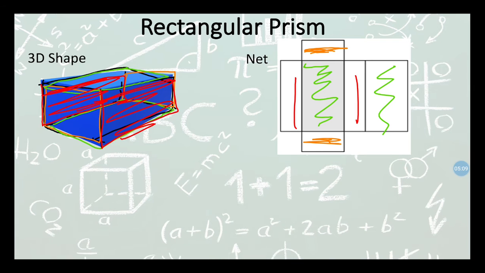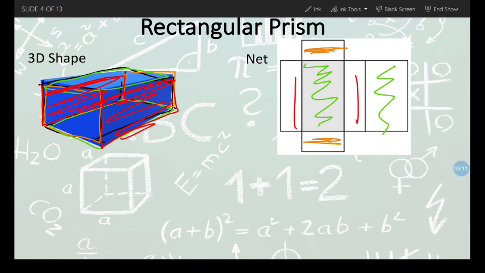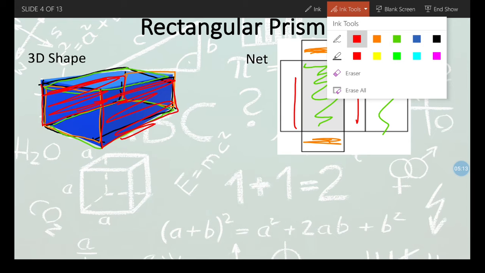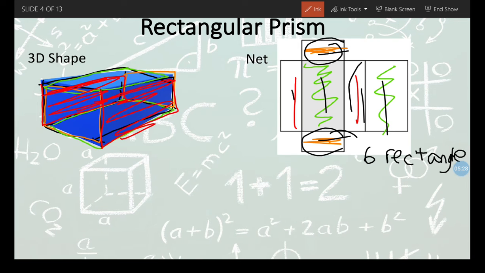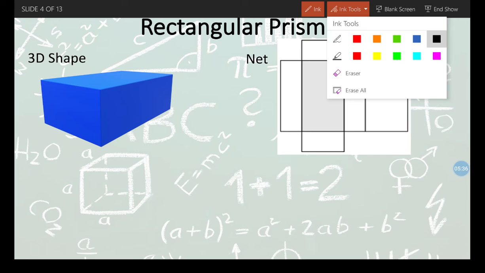And you may have already looked at this formula before, and hopefully you can realize, well, this is made up of how many different shapes? This is actually made up of 1, 2, 3, 4, 5, 6 rectangles. But they aren't all the same rectangle. They're 1, 2 of the same, 1, 2 of the same, and 1, 2 of the same. And so we have a formula that can help me figure out the